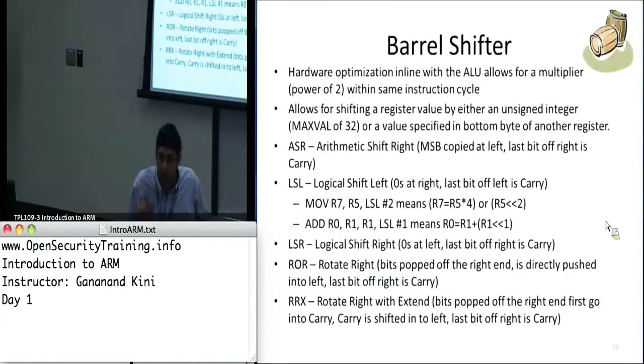The next feature I'll talk about is the barrel shifter. It's a hardware implemented multiplier/divider that actually multiplies and divides by powers of 2. It essentially shifts your bits either left or right. There are actually several instructions that allow you to do this in line with another instruction. Say you wanted to add 2 numbers, but you wanted to add one of the operands multiplied by 2 or a power of 2, right? So you would use